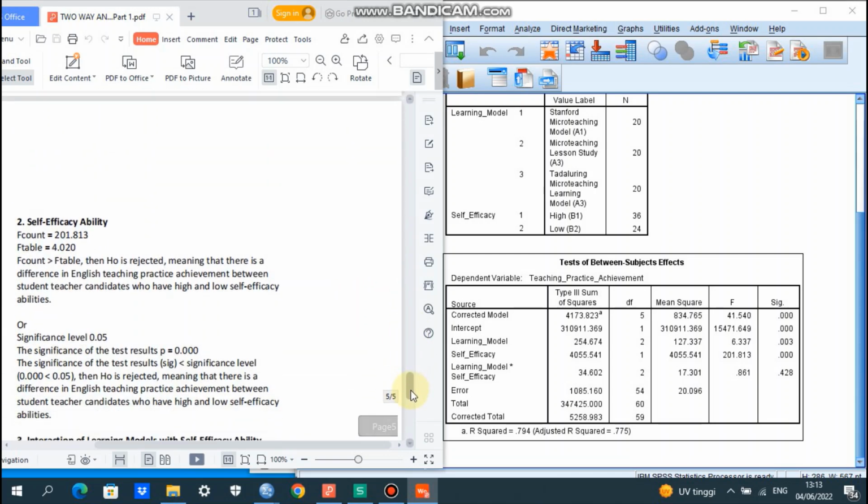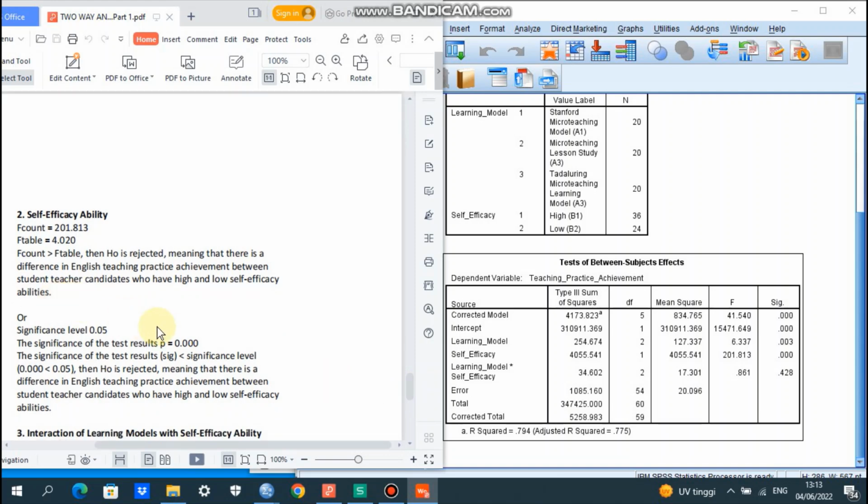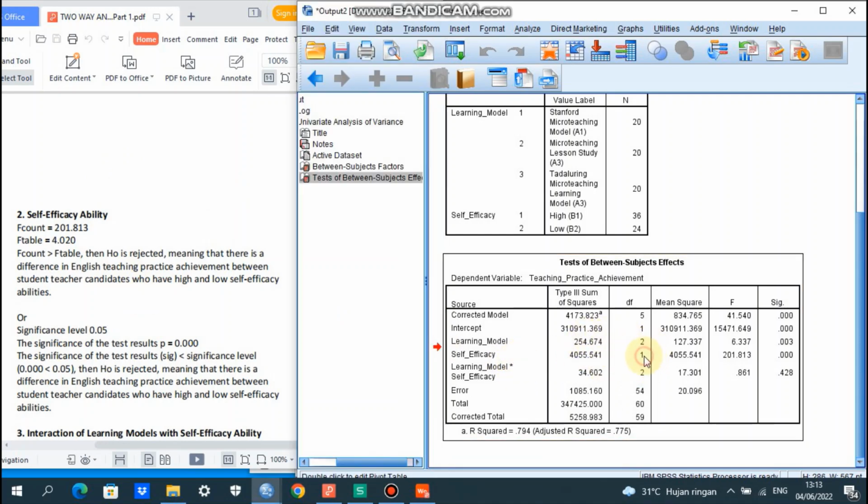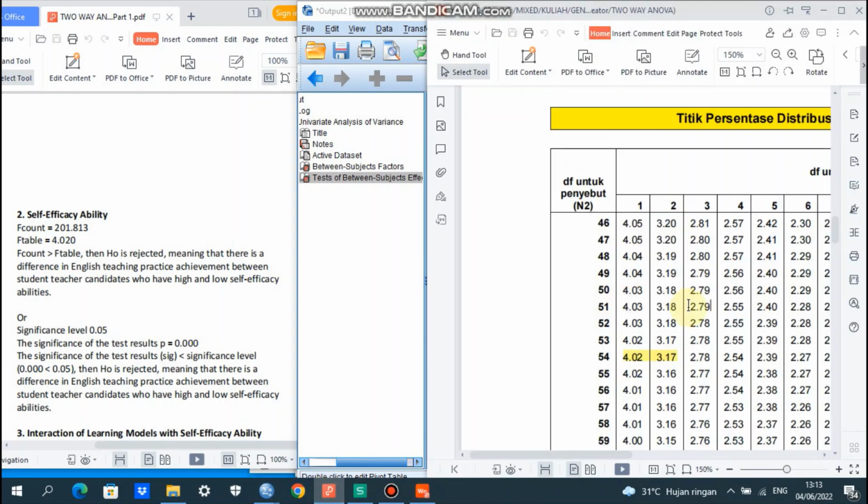Next we do the interpretation for the SPSS output for self-efficacy ability. The F count here is 201.813. And then the F table for self-efficacy: the DF1 here is 1, and N2 is still 54, giving 4.020.